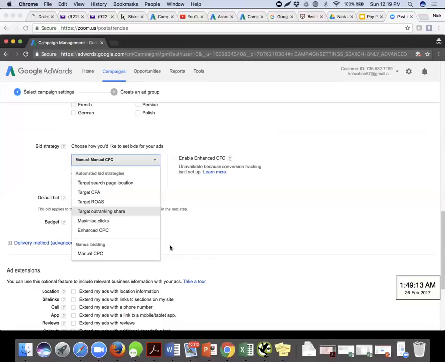Enhanced CPC actually stands for this, which is that for every particular product which I'm selling, I should get a sale for just 50 rupees. If I know the cost of my product is this and the amount which I'm letting Google know that I want to sell it at a marketing cost of 20, so 50 my product cost, 20 I'm telling to Google that for every particular product you should not charge more than 20 for selling it. 70 comes out to be my total cost. I can this way always make profits.